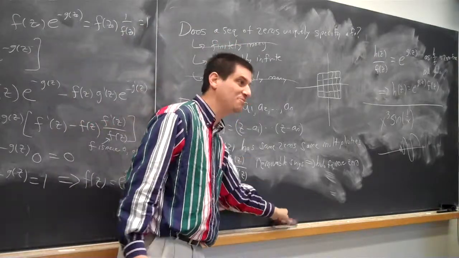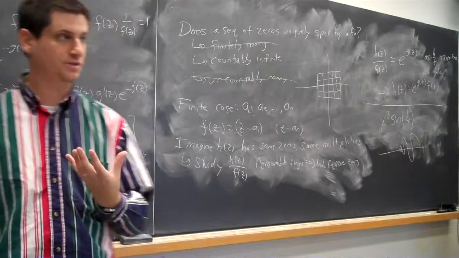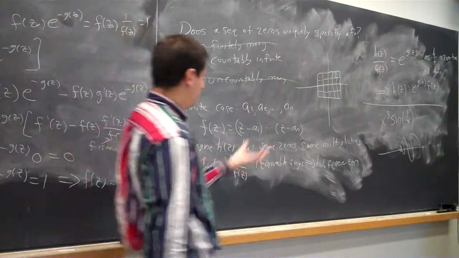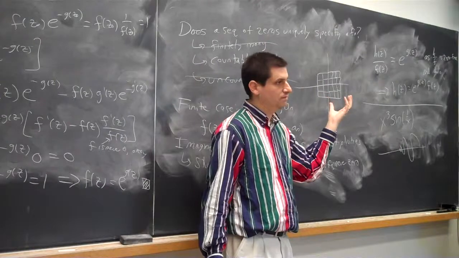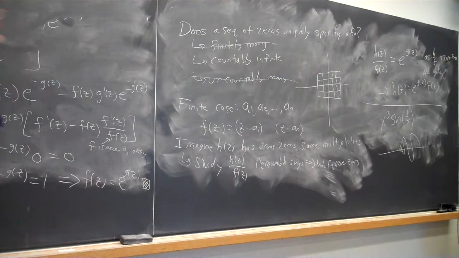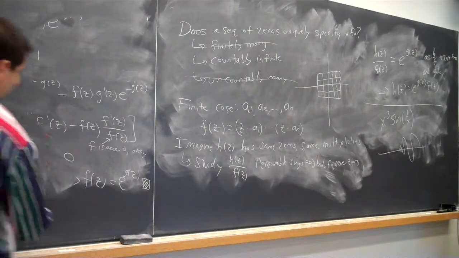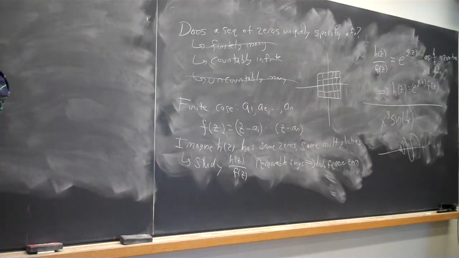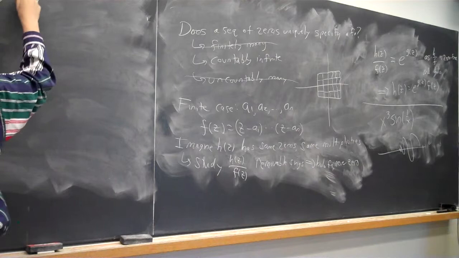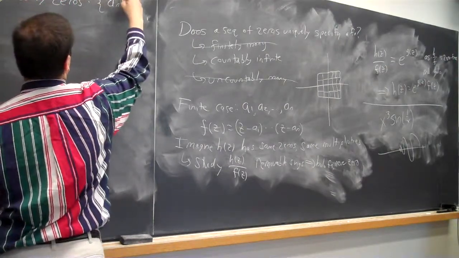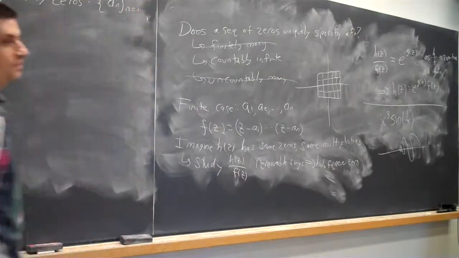Alright, so what are we left with then? We're left with what happens if you have countably many zeros. Does that uniquely determine the function up to an exponential factor? Well, what would be your first thing to try if you had to guess what the function should look like? If I give you countably many zeros, we'll call them a_n, where n goes from 1 to infinity,